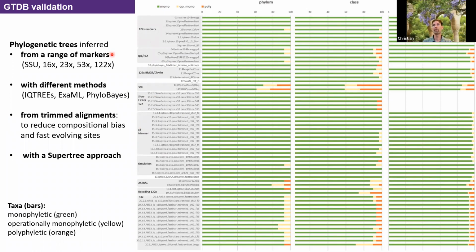So usually we use 122 markers, right? We also looked into ribosomal proteins. So RB1 is 16 and RB2 is 23 ribosomal proteins. We also compared it to the SSU, the 16S trees, and we compared it to 53 markers that we used. We employed different methods, right? IQ-TREE, RAxML, PhyloBayes, and compared between those